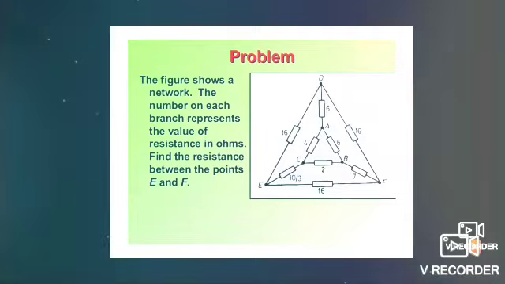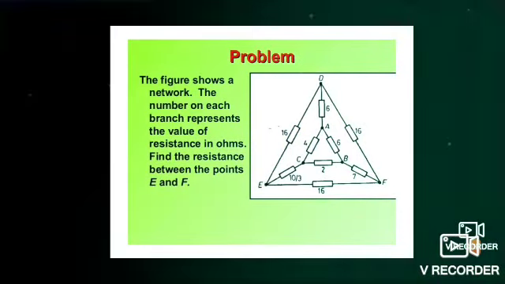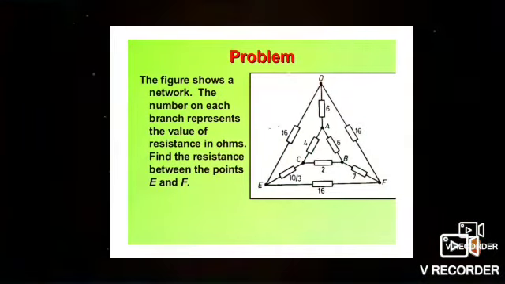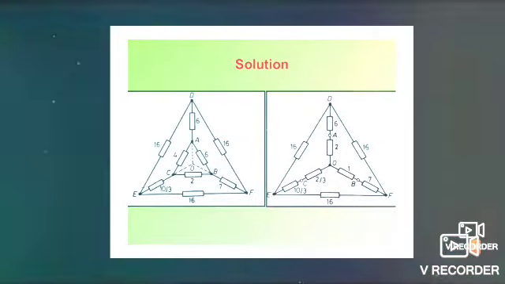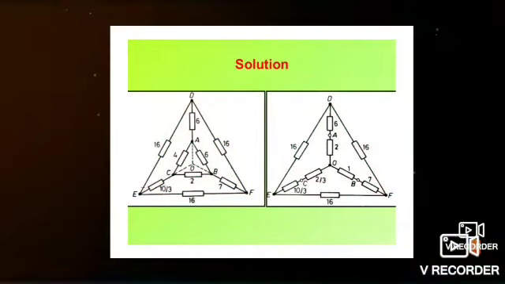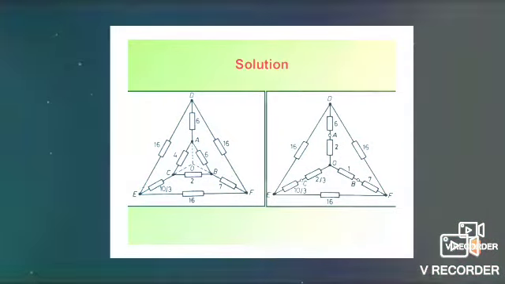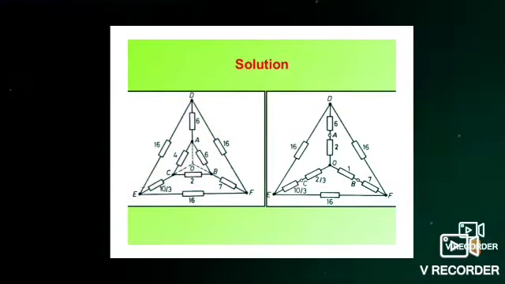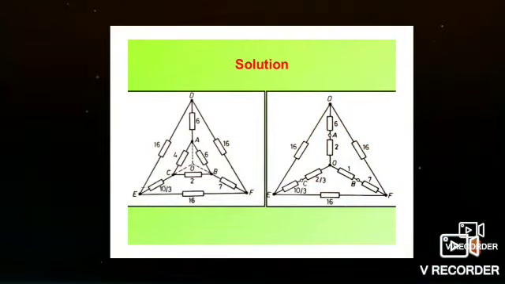So first one is, see the diagram, that ABC is the delta connection. Now we cannot reduce the circuit. So the ABC delta connection is first to be converted into star connection using the formula. So therefore the answer becomes 2 ohm, 2 by 3 ohm and 1 ohm between ABC. That is A and O, that is neutral point A and O is 2 ohm and C and O is 2 by 3 ohm. O is the neutral point and O and B is the 1 ohm.